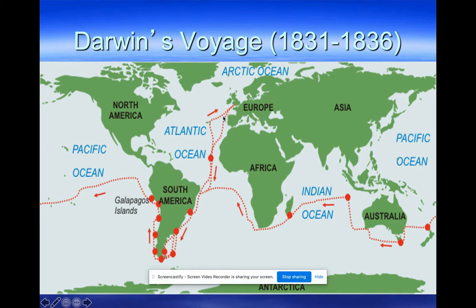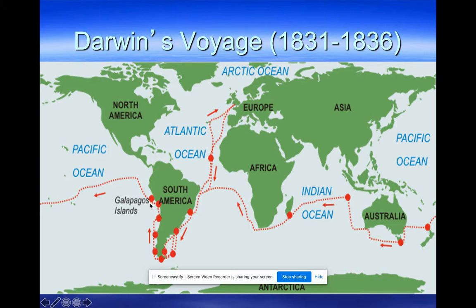Anyway, so he leaves England. They come down here. This is actually on the way back. So they came down here. They stopped along the coast. So what they wanted to do, they had a couple of different objectives. One was to actually map different parts of the world. So this is the 1800s. A lot of the coasts were not mapped correctly. So one of the objectives was to map the world or map some parts of the world. But you could see here, all these red dots means that they stopped. And the last stop in South America was the Galapagos Islands.